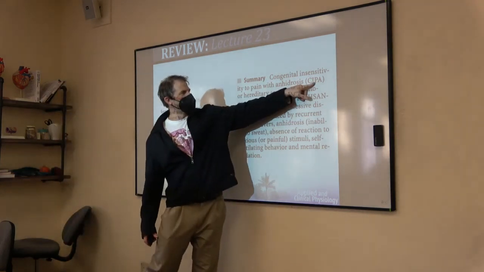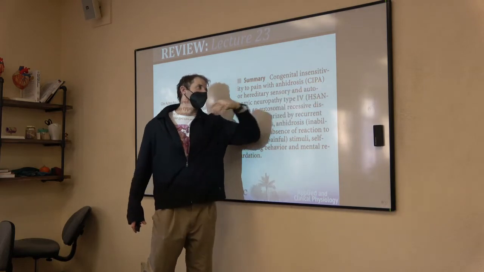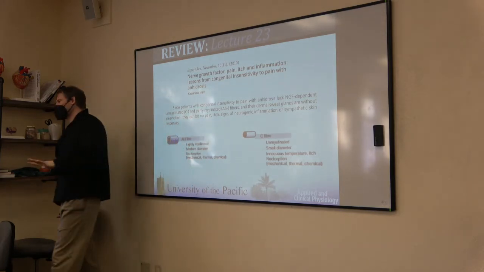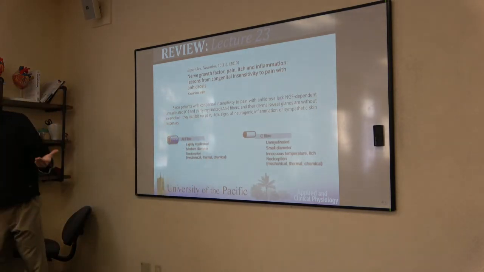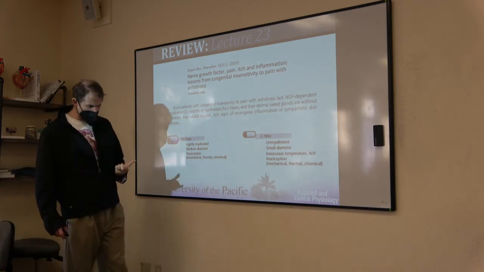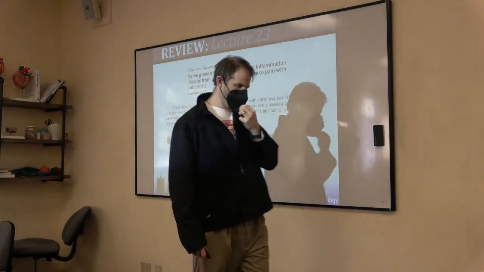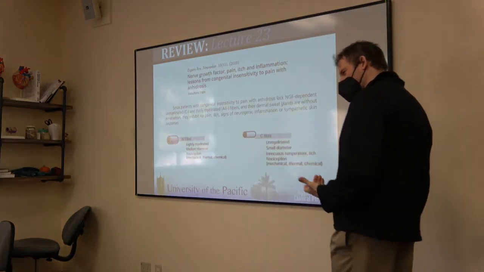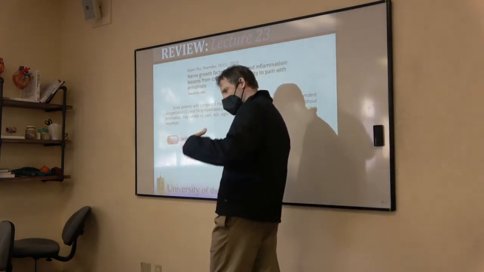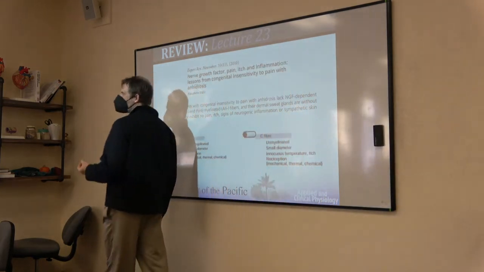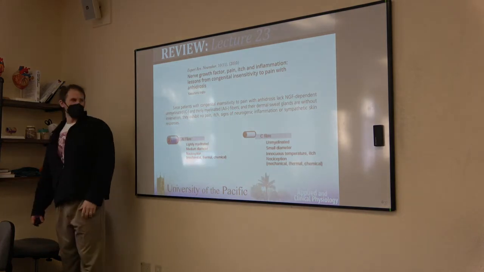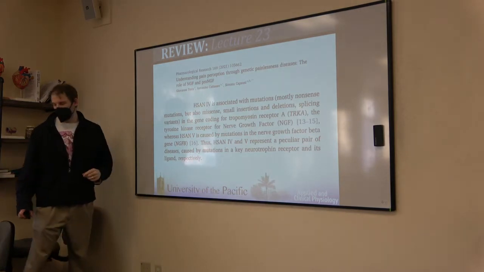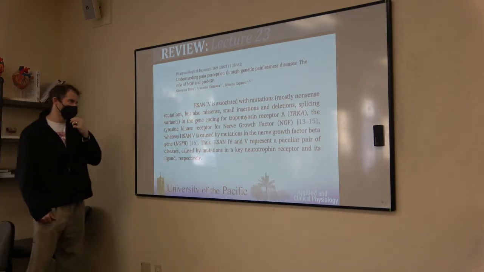Congenital insensitivity to pain and anhidrosis, meaning you don't sweat. What you lose is A delta and C nerves. And you can lose these in a couple of different ways, and then your sweat glands are no longer innervated. The A delta, that's that sharp, fast, first responder onset pain. And the C fibers are more dull, achy, lingering pain. But both of these things go away from a couple of different possibilities, both of them genetic mutations.